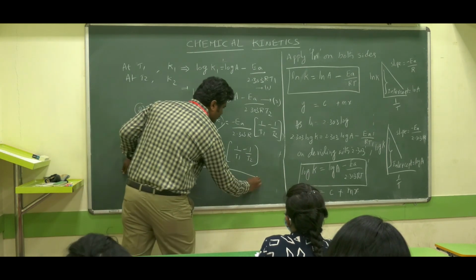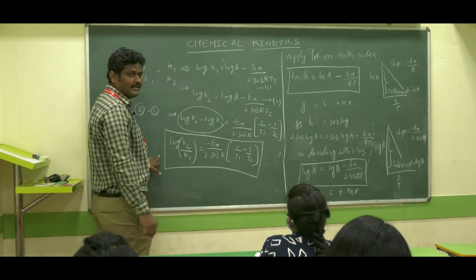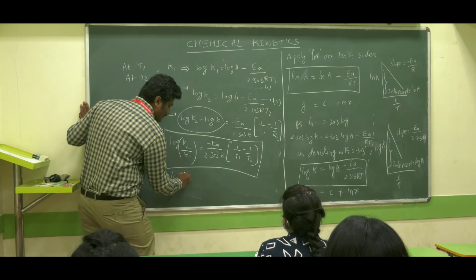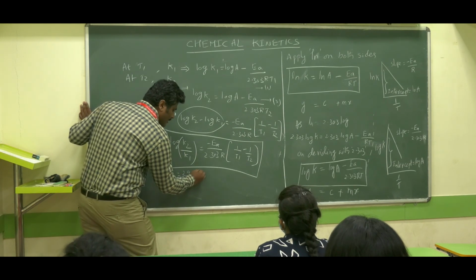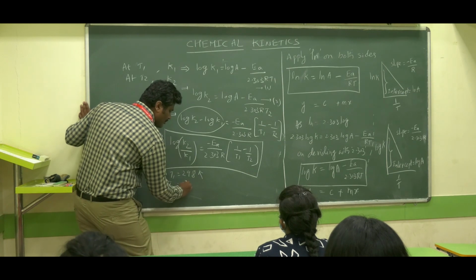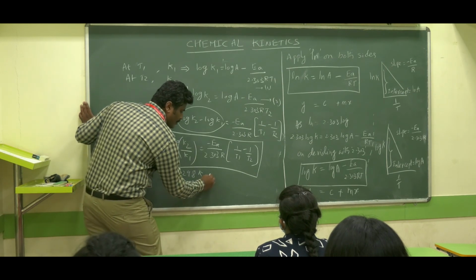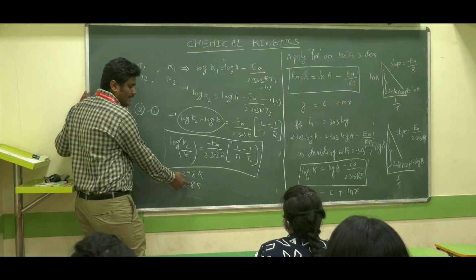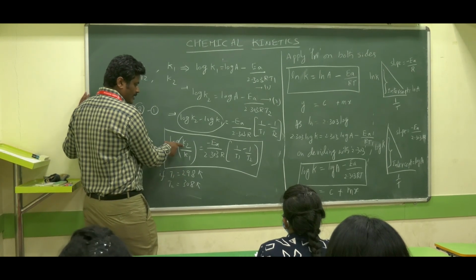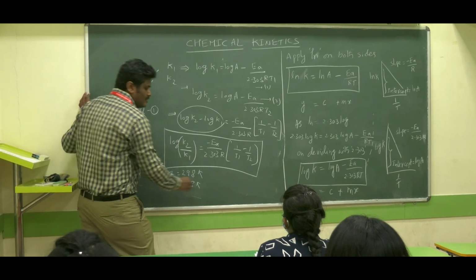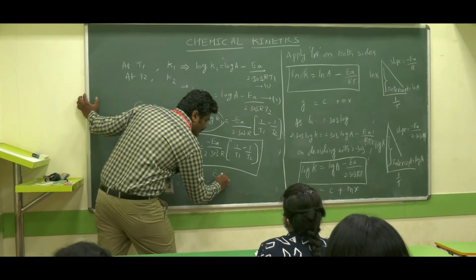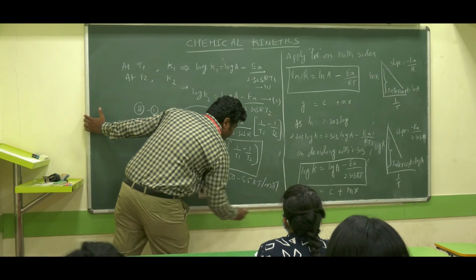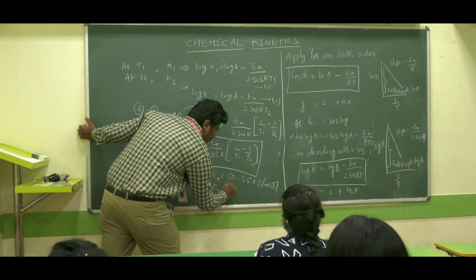Based on this equation you need to solve questions for JEE and NEET. But here is one short trick. Suppose the temperature T1 is 298 Kelvin and T2 is 308 Kelvin, and you are asked to find the activation energy. Generally we know that as the temperature increases by 10 degrees Celsius or 10 Kelvin, the rate or rate constant always increases by 2 times. So by this you can say activation energy falls in between 50 to 55 kilojoule per mole.